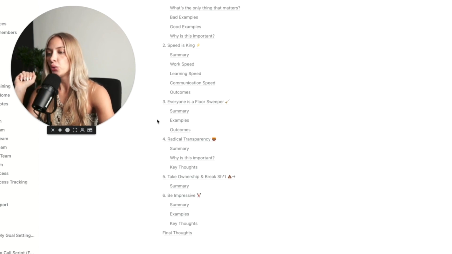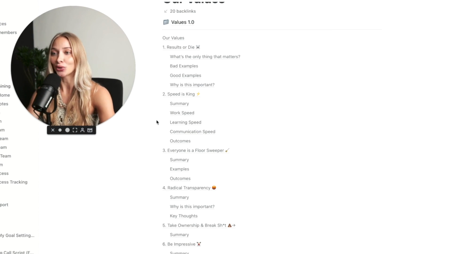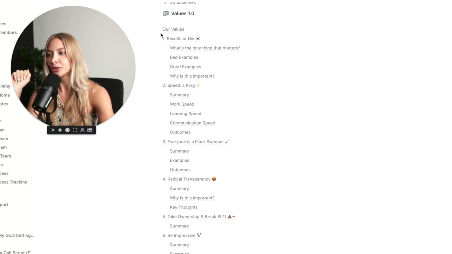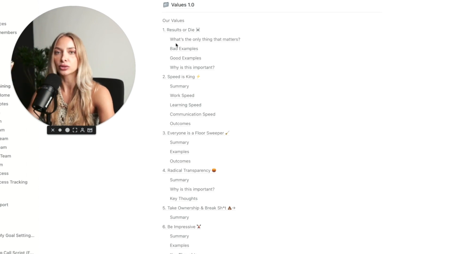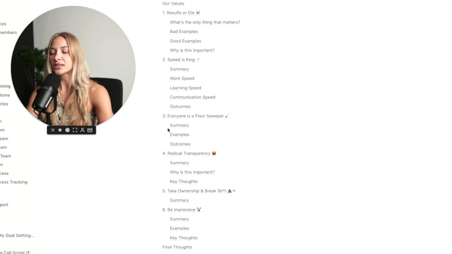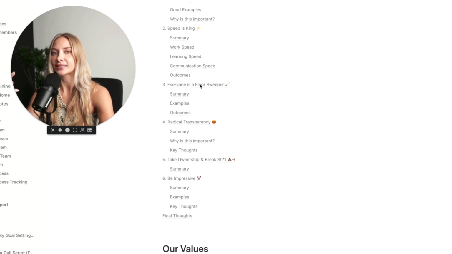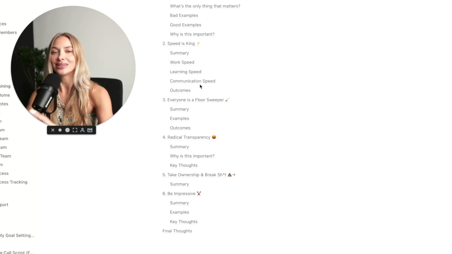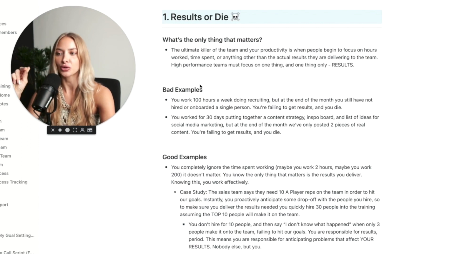So you want to create a document, either you're using Google Docs, but I highly recommend Notion. You want to put the value, and then you want to go really in depth, and I'll go into some examples in just a second. So it's basically always a summary, some examples, and then the outcome, or what you basically expect from them in the end. The first core value that I always emphasize any startup or business to have is results or die,